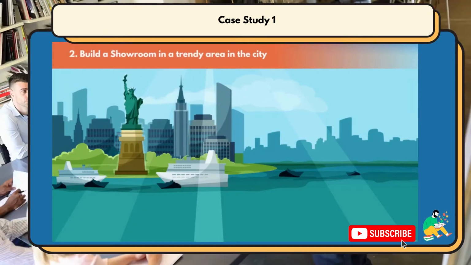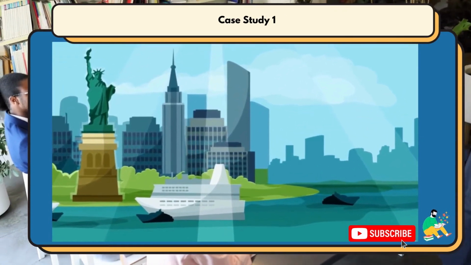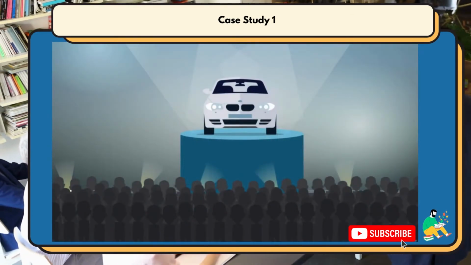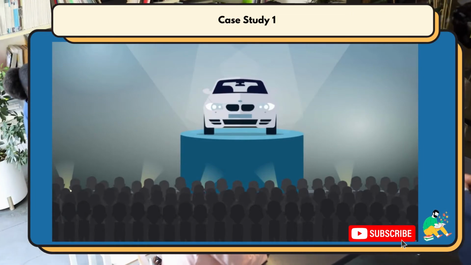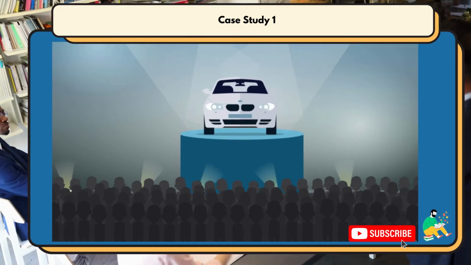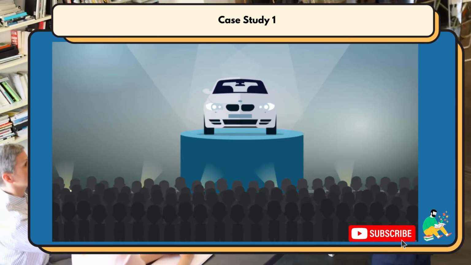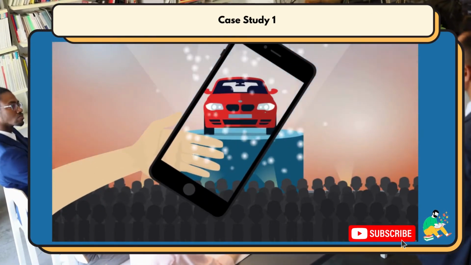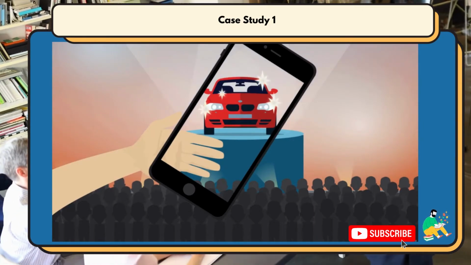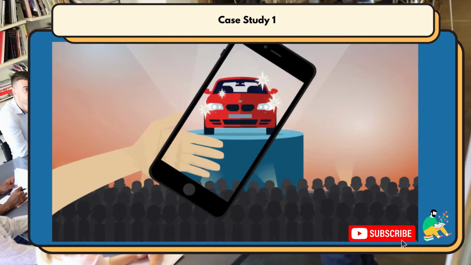The second initiative is to build a showroom in a trendy area of New York City, where the company can organize exhibitions of the new models that are to be released in late 2020. There, the company would showcase state-of-the-art automotive technology wrapped in a captivating design. The goal is to present this to the end customer in an interactive and engaging way. The showroom will be equipped with the latest visualization technology, including an augmented reality application, which will allow the users to experience the cars in a completely new and appealing way.